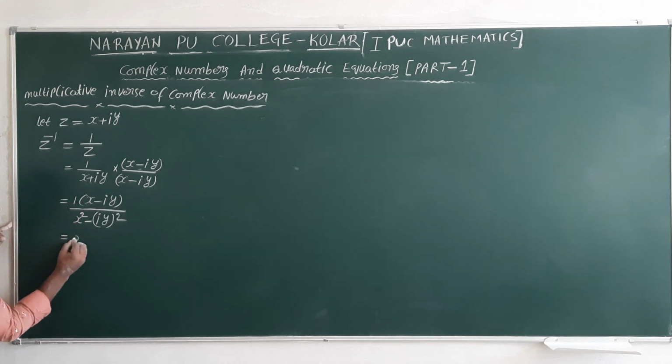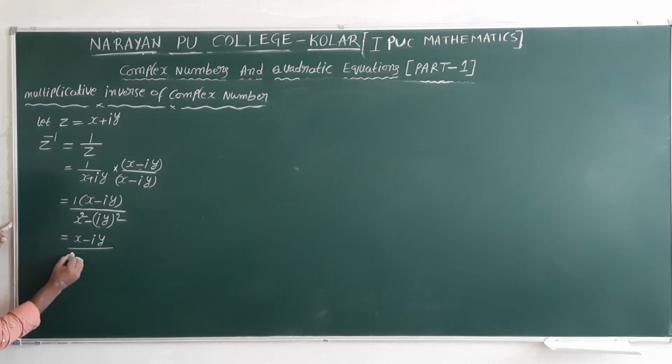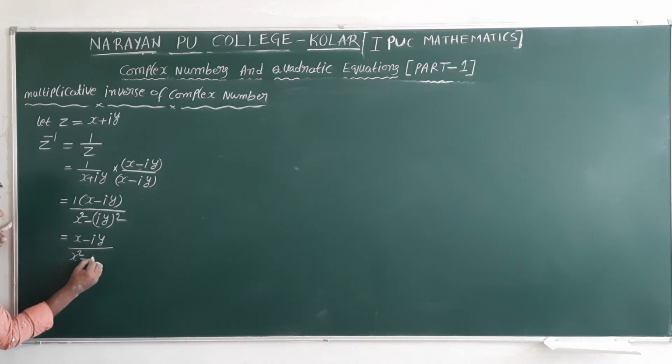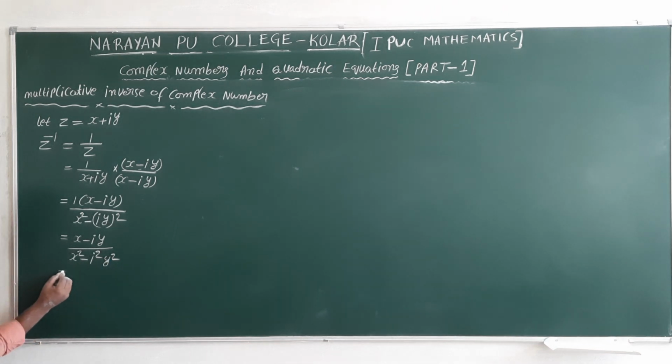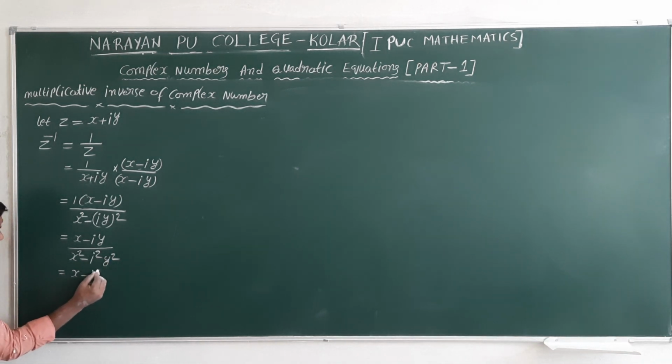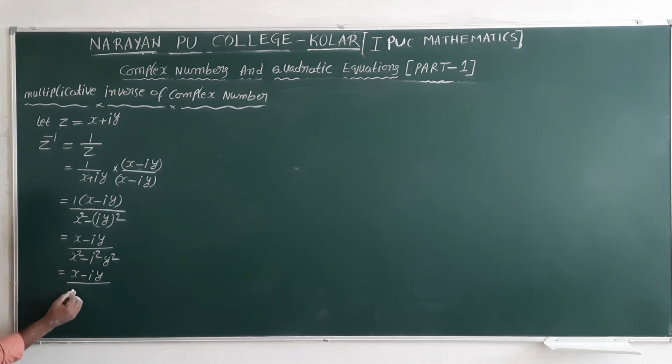So 1 into x minus iy is x minus iy divided by x square minus i square y square. But we know the value of i square is minus 1. Minus of minus is plus. So x square plus y square. This we can write as x divided by x square plus y square